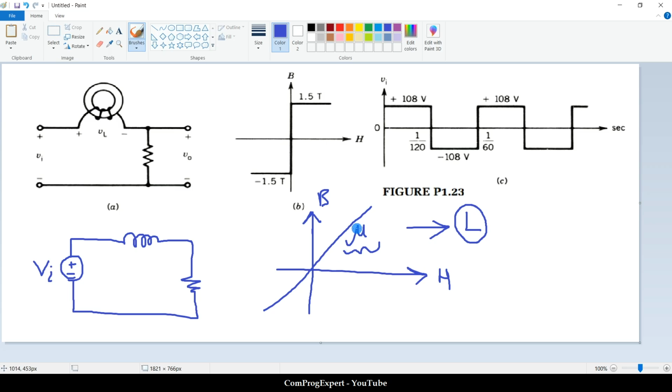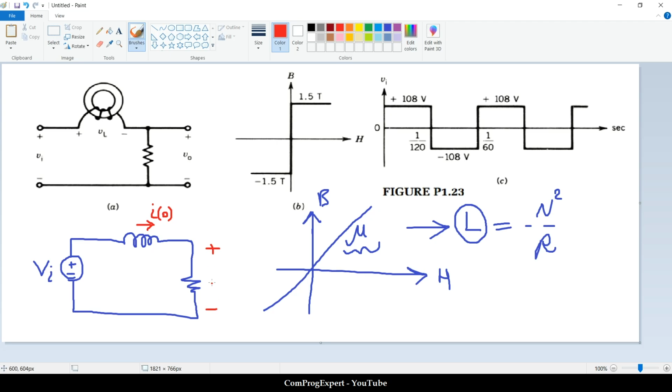Depending on the value of the permeability and dimensions of the toroid, we can calculate the inductance, that is N to the power 2 divided by reluctance. Anyway, you know this is a first order circuit, and when we apply a voltage like this to this circuit, depending on the initial value of the inductor current, yes, the I0 is important, we can have this waveform for